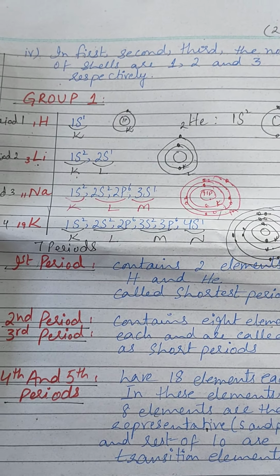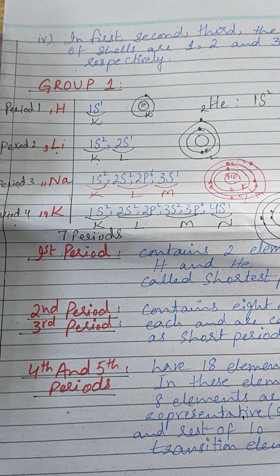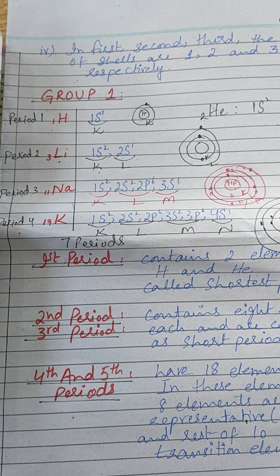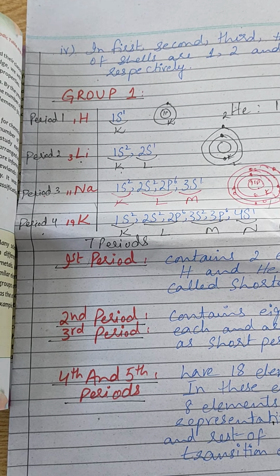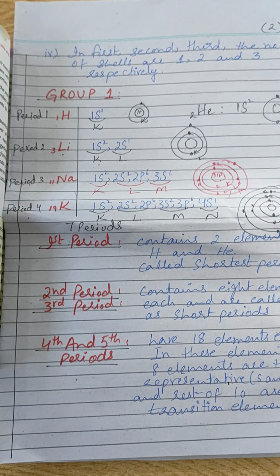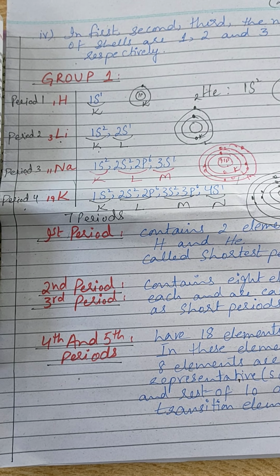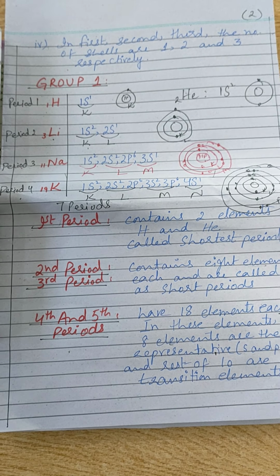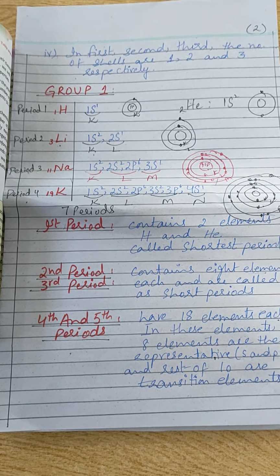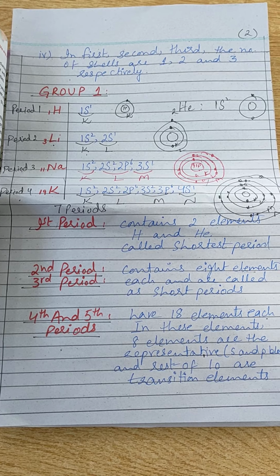Okay, with reference to group 1, we discussed in detail during the class that if we look at the members of group 1, these are hydrogen, lithium, sodium and potassium, and we also mentioned the period number. Hydrogen is present in period 1, so it has 1 electronic shell. Lithium is present in period 2, so it has 2 electronic shells. Sodium is present in period 3 and it has 3 electronic shells, while potassium is present in period number 4, so it has 4 electronic shells.